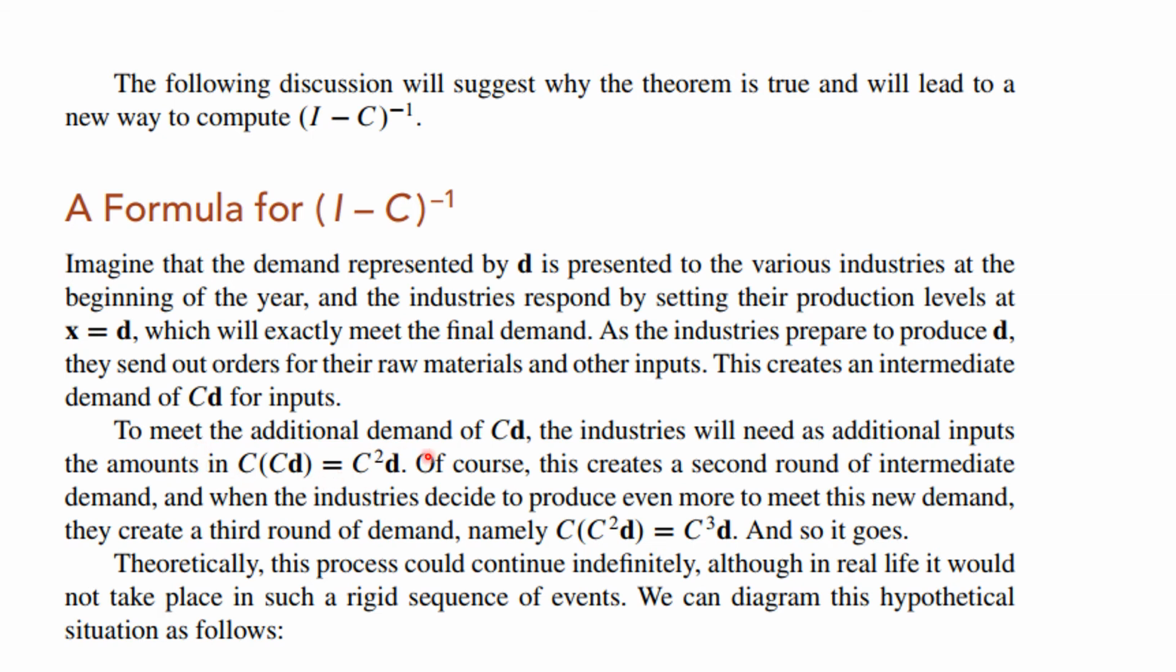And so to meet the additional demand, they will need additional inputs in the amount of C times D, and that's C squared D in a second round. And then it creates a third round as they produce even more: C times C squared is C cubed, and so on. So this could continue indefinitely, although in the real world it would not take place in such a rigid sequence. So anyway, if we talk about this hypothetical situation, we get,